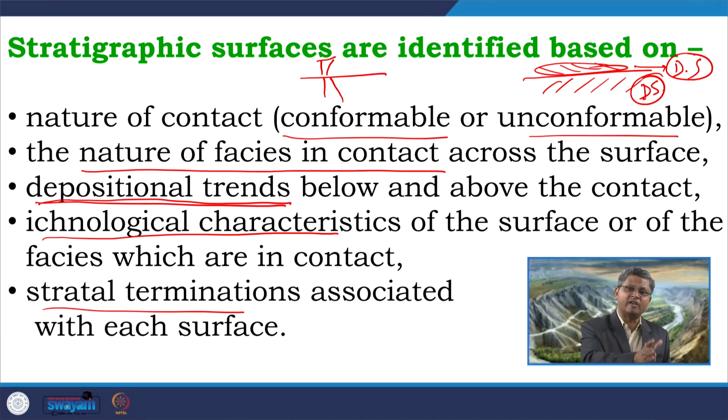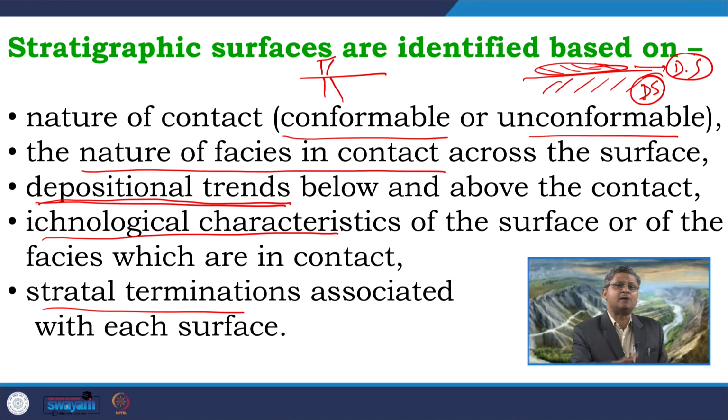associated with a phase of shoreline trajectory. Onlap, that kind of termination, is often associated with transgression, whereas offlap is often associated with forced regression. So, if we are getting that kind of stratal terminations, that can be very indicative, very helpful in identifying a stratigraphic surface.